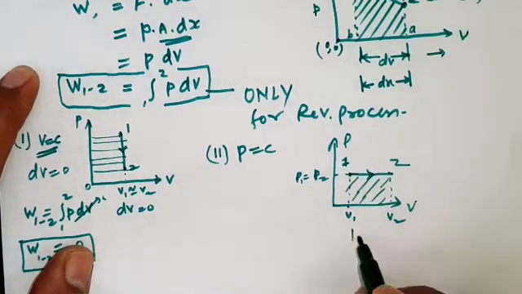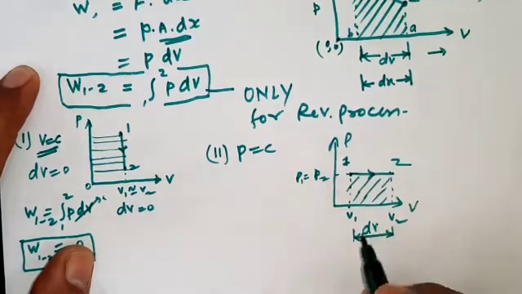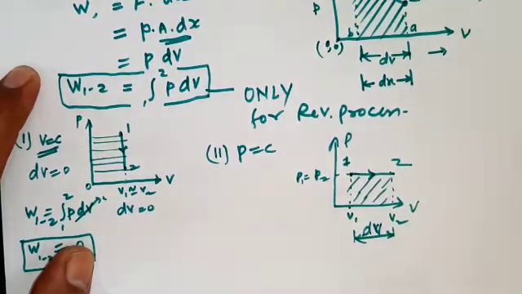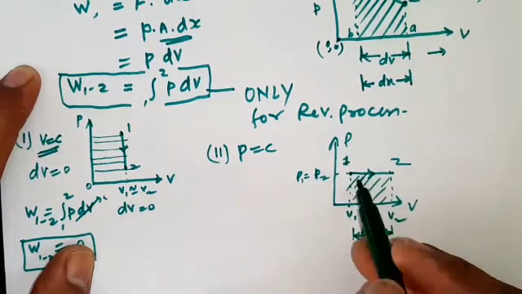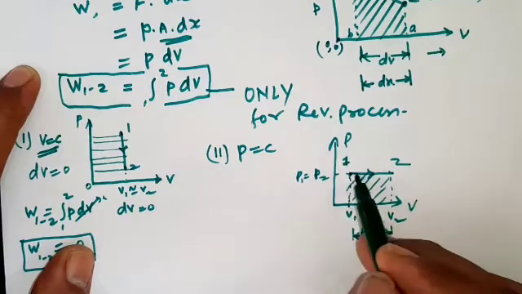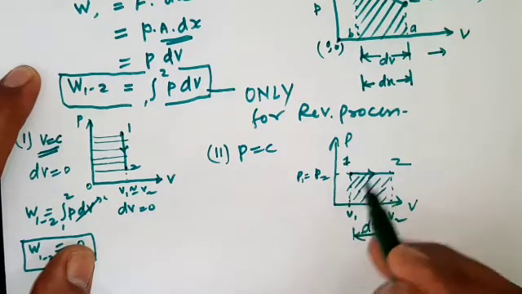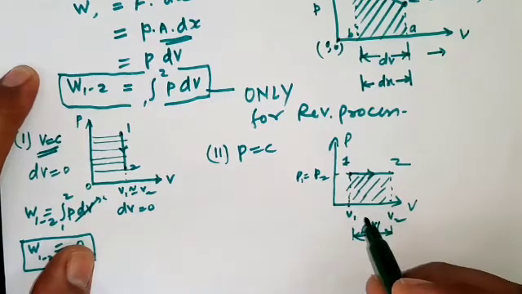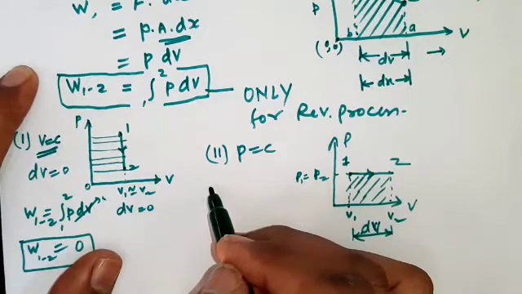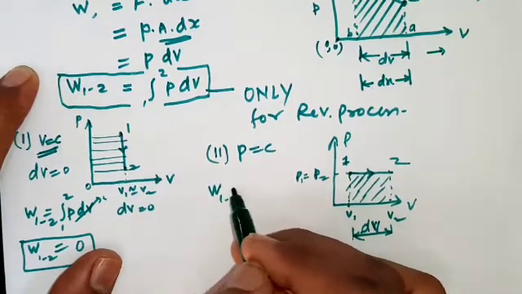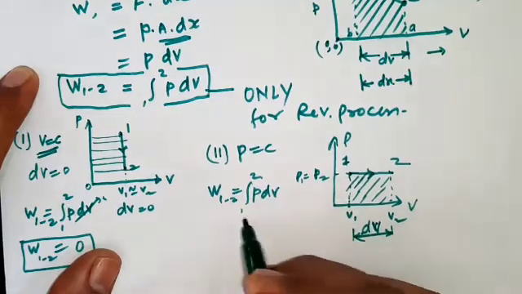So delta V will be there. Delta V is not equal to 0 because this process is having area 1 to 2 A B. So area is not 0 here because volume is changing. So here we can say work done 1 to 2 is equal to P dV. Okay,